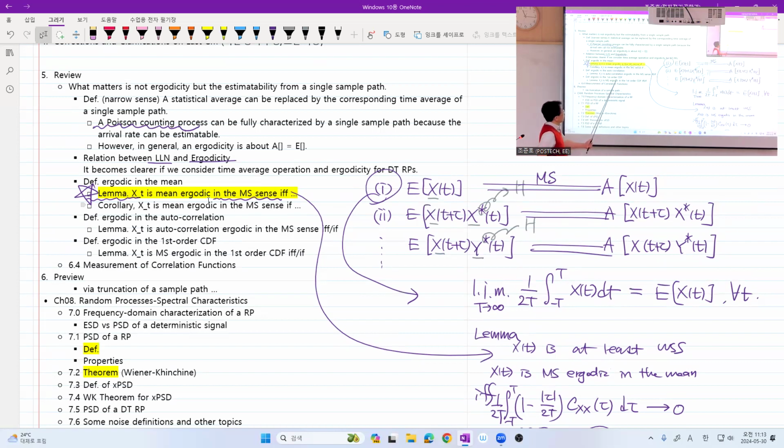The ergodicity in the distribution, the first order CDF, is somewhat strange. What was that? We considered some